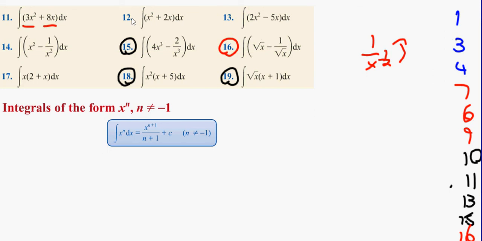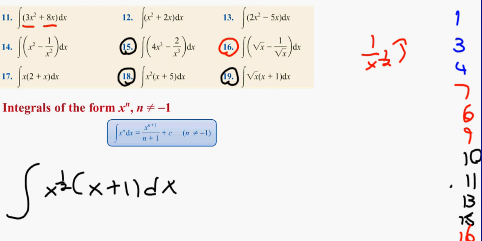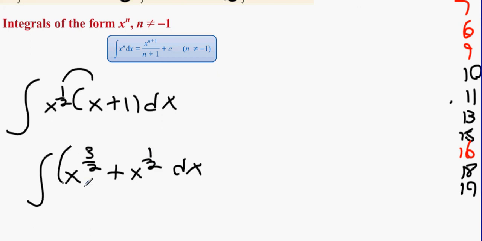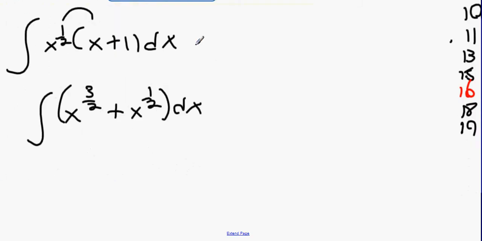So in question 19, what we're going to have is x to the power of a half multiplied by x plus 1 dx. We're going to multiply it out. We're going to have x to the power of 3 over 2 plus x to the power of a half dx. Now, what we're going to do is n equals 3 over 2, n plus 1 equals 5 over 2,